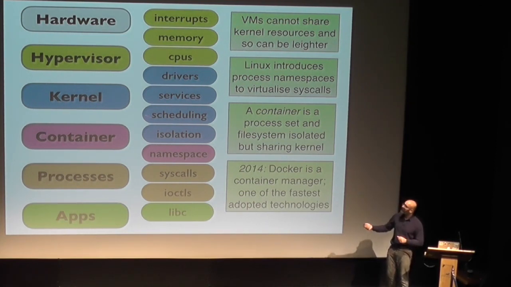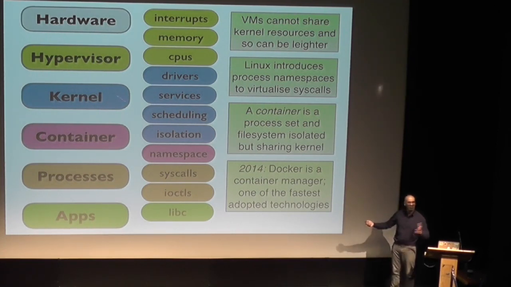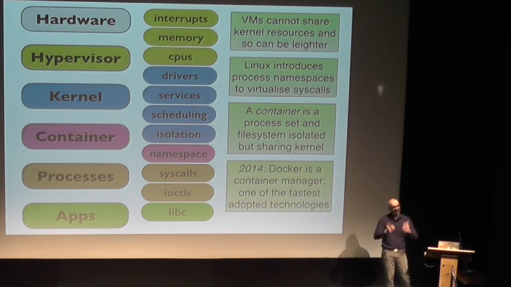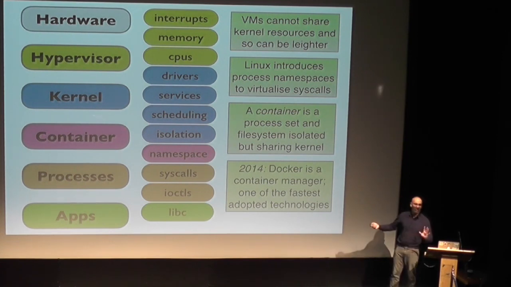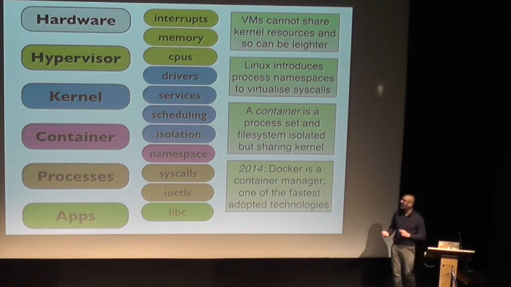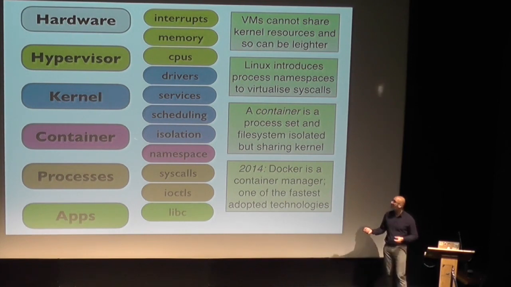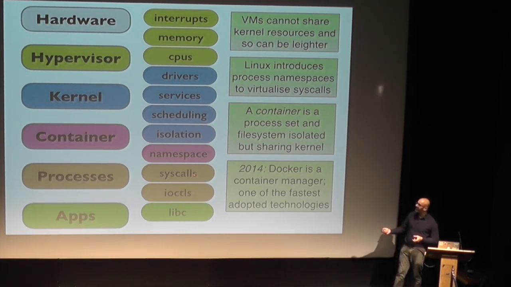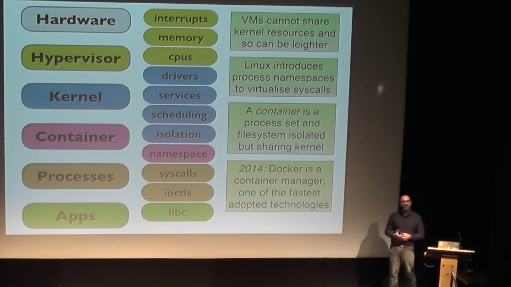So it's saying that we would like to share the kernel actually, because I have a few apps that don't need to have a full virtual machine that's big and heavyweight. I just want to run a little bit of lightweight isolation. I don't mind if they share the kernel, because I trust the kernel. But what I really want is the ability to have millions of these things without having to assign memory and CPU resources. I just want to make it more declarative. And what a container does is that it provides a namespace, a grouping where it can pretend from the kernel perspective that a system call, for example, to a file system is in a particular namespace. So it's isolated from all of the other namespaces.